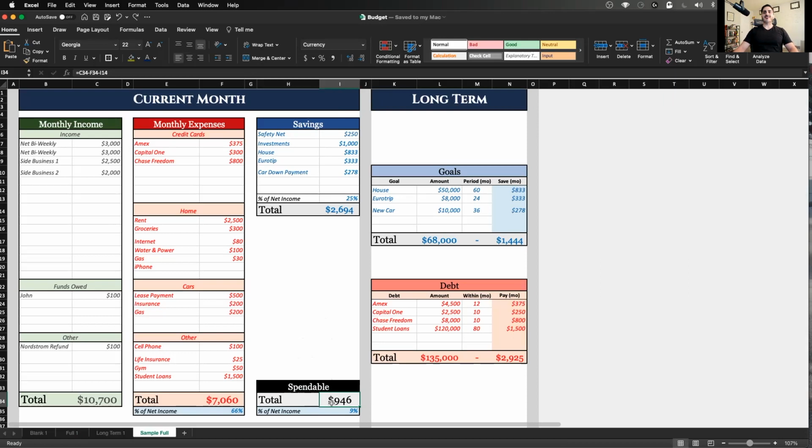That doesn't mean I have an extra $446 to go out and buy a PS4 or buy shoes or whatever it is, right? That's not what it means. What that means to me is if I only spend $500 a month and I have the spendable number of 946, I'm going to go right back up here to savings and I'll add the, let's see, it's 446, right?